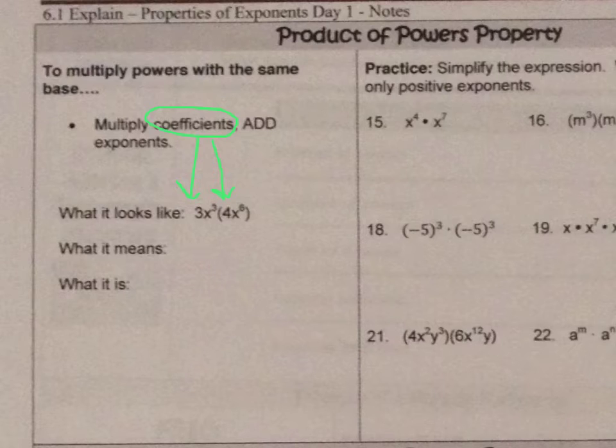Okay, and then to add the exponents, the exponents are the little numbers raised above the variable, and so the exponents would be this 3 and 6. Okay, so what this means, it says 3x cubed times 4x to the 6th power, and really what this is saying is